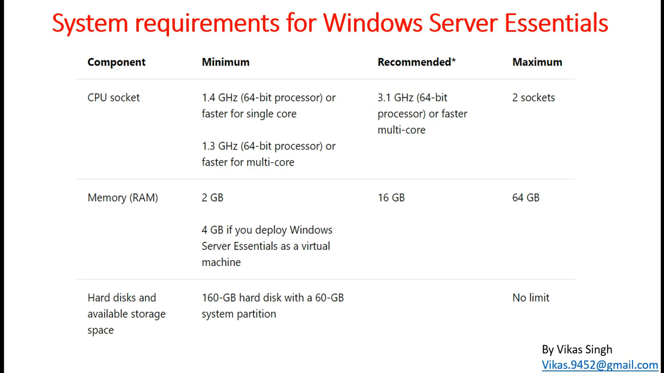And the hard disk maximum is no limit, you can go up to terabytes, and the minimum is 160 hard disk with the 60 GB system partition. You need minimum, so basically 60 gig for the operating system, you can go with it. So this is the system requirement for the essential operating system,